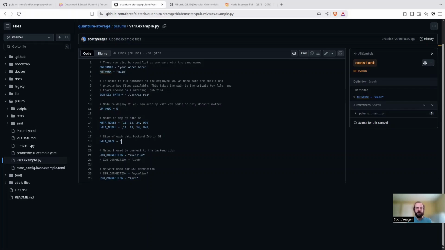So here's where you need to specify the data size of each backend, and then according to how you have Zstor configured, which we'll see in the next file, that will determine how much net storage you're able to use. Basically the equation is the number of backends times the size of each backend times the